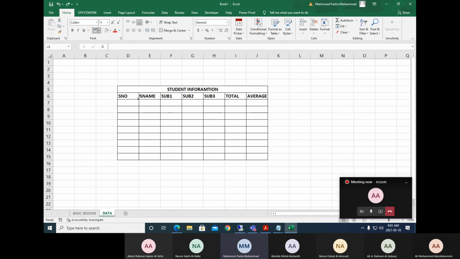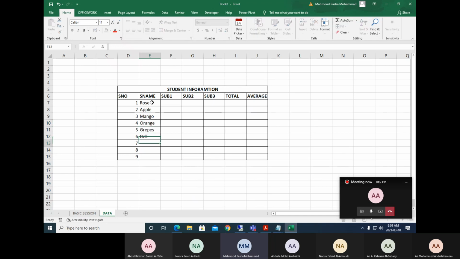For example, here I'm writing something like one. I'm taking some data here, so I'll give fill series. Student name, I'm giving some names here: apple, mango, orange, grapes.